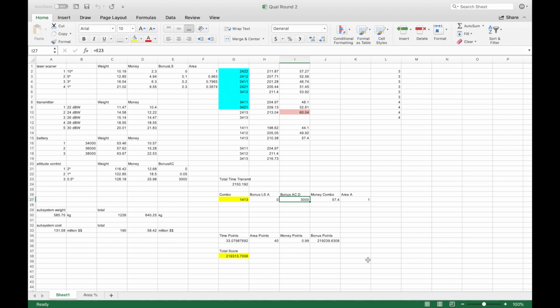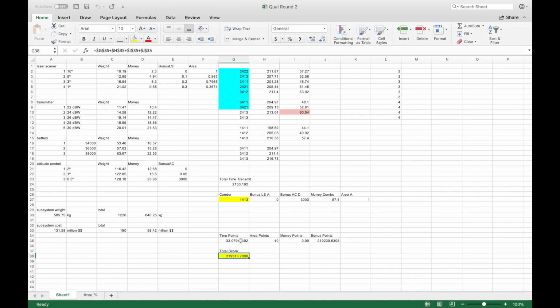Okay, here's an example of a workbook that we made a couple years ago now. The first requirements that we put in were all the information that we had, so that we have all of it to look at. Here's your weight, here's how much it cost in millions, and this is the bonus. Basically what we were doing here was trying to calculate our